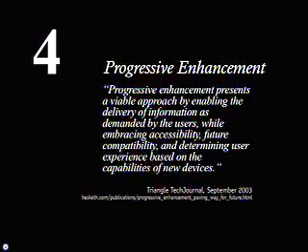So what we were doing, and what we still do, if you look at many of the designs on the Zen Garden site, is that they are progressively enhanced. Progressive enhancement presents a viable approach by enabling the delivery of information as demanded by the users while embracing accessibility, future compatibility, and determining user experience based on the capabilities of new devices. So progressive enhancement is all about doing today what might not always work in a browser but is hidden successfully from those browsers that don't support it, while continuing to progressively enhance for those browsers that do support it. And the way that we do this is by using